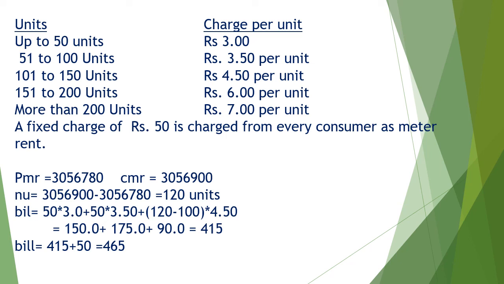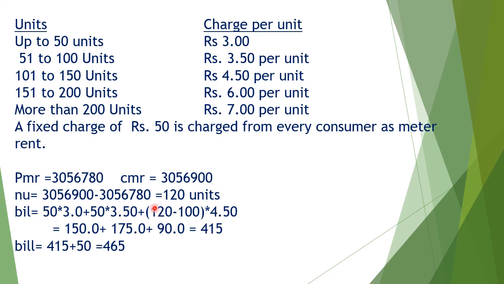So we see a trial run of the program based on the given conditions. As an example, we make a trial run. Suppose a consumer's previous meter reading is 3056780 and current meter reading is 3056900. So the number of units consumed is calculated by subtracting the previous meter reading from the current meter reading, that is 3056900 minus 3056780 is equal to 120 units consumed by the consumer, and the bill to be paid by the consumer will be,